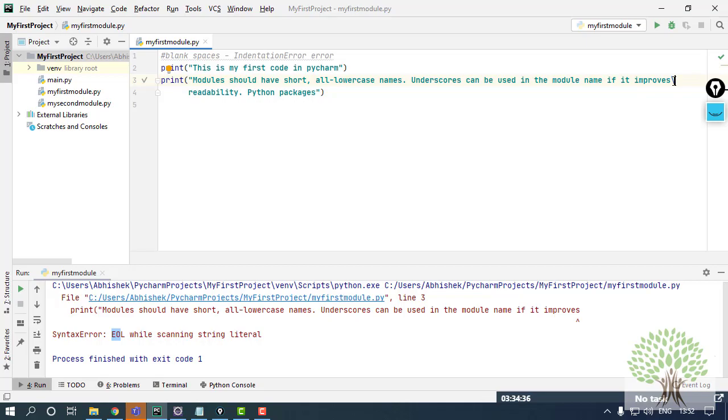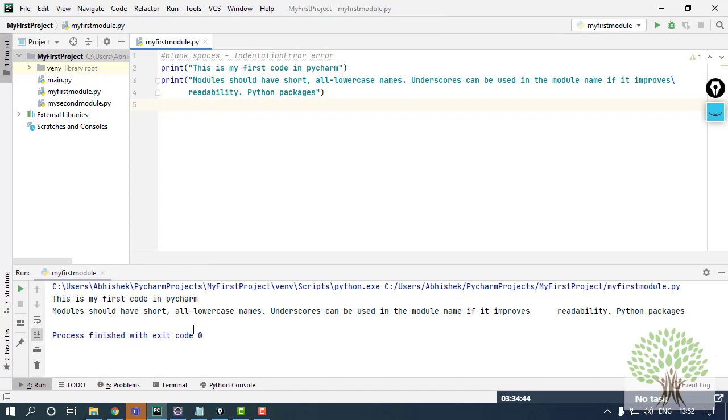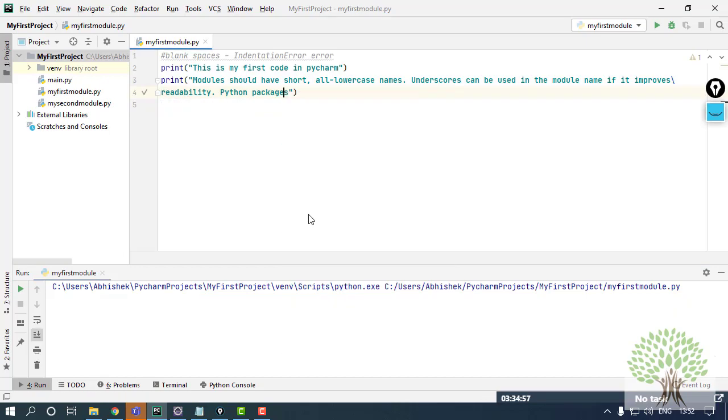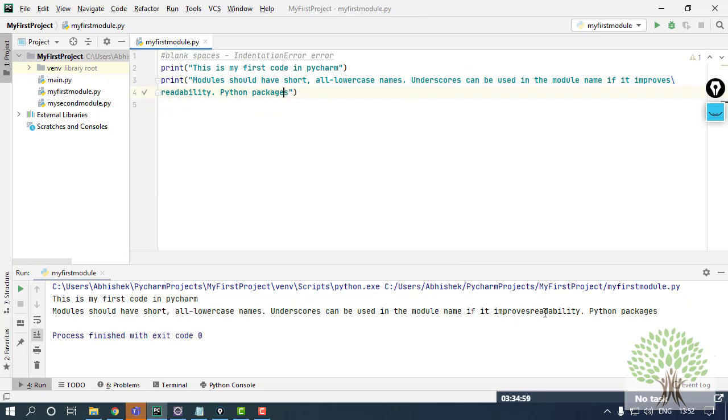You can enter a slash and it will consider it as the same statement. Now if I run this code, the whole line is coming in the same way, but there is some unexpected space over here, so you can just remove it. Run it again. Now there is no extra space that I'm getting.